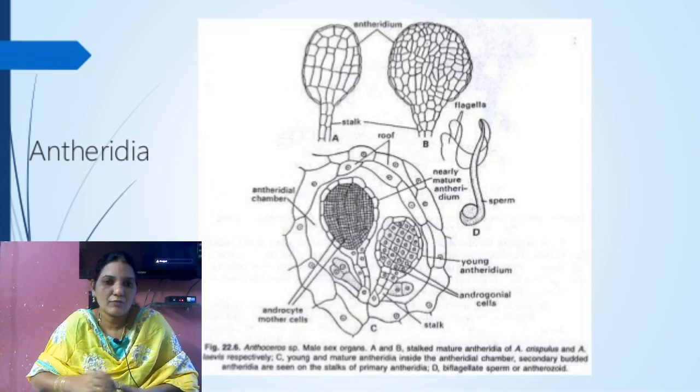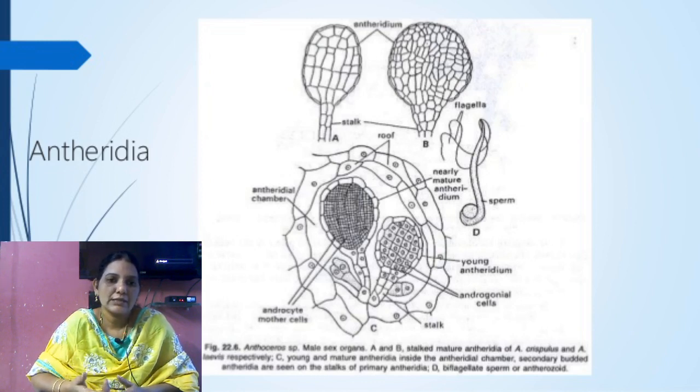The lower cell forms a stalk, and the upper cell, the antheridial mother cell, divides into a round structure with an outer layer of jacket cells. The jacket cell layer protects the inner part of the antheridium, and it forms many chambers, and each chamber